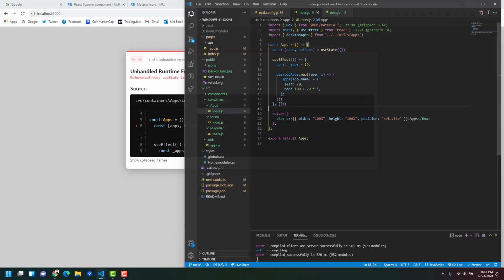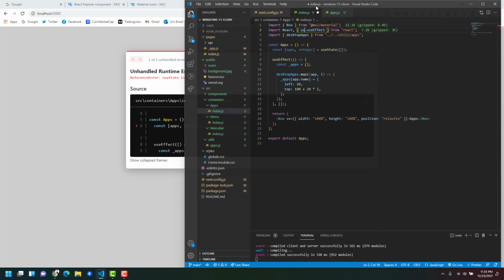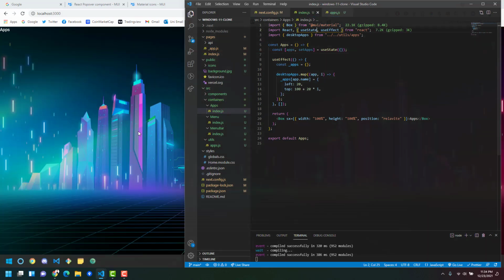Wait, useState is not defined. Why doesn't my useState import automatically? Okay, yeah, I'm going to do i times